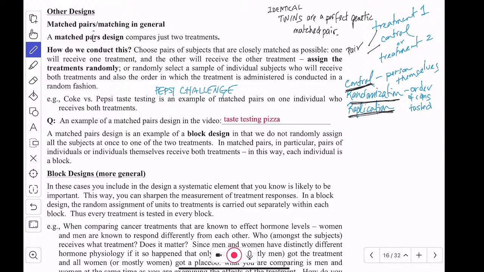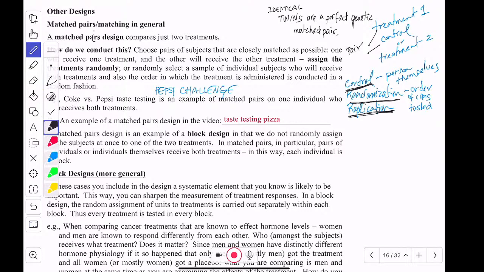So the person is the control because it's a matched pair. And because they're asking people by convenience who are just passing by, that person might not have a twin, right? So how am I going to find a pair that are otherwise identical to test 2 treatments on? I can't. But this is different from, let's say, studying aspirin,